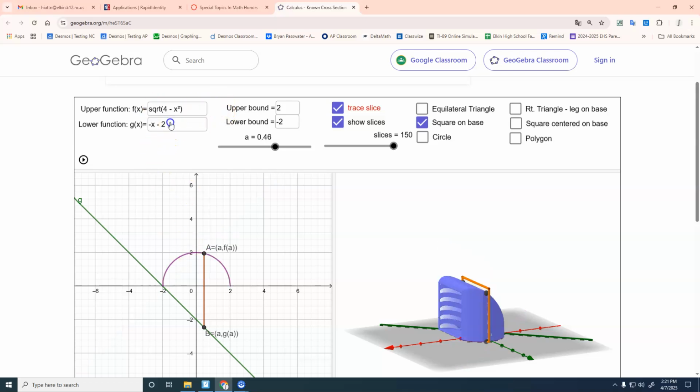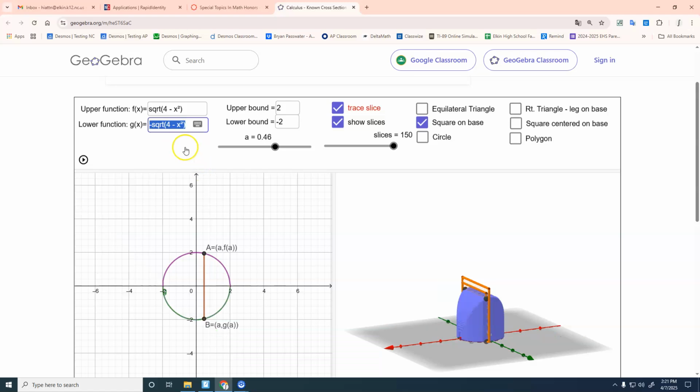Okay, yeah, it did. And then I had negative square root of 4 minus x squared here. Okay, so I've got it. If my base is a, oh no, I'm thinking of the wrong thing. I'd have to use a different shape. I'm thinking of a triangle. No, that's not right either. It would be,